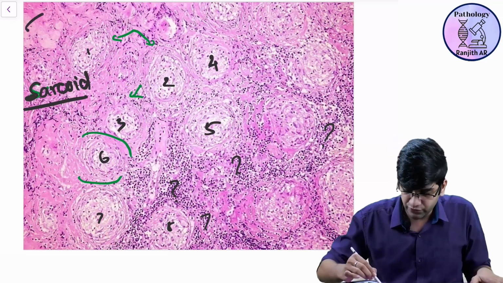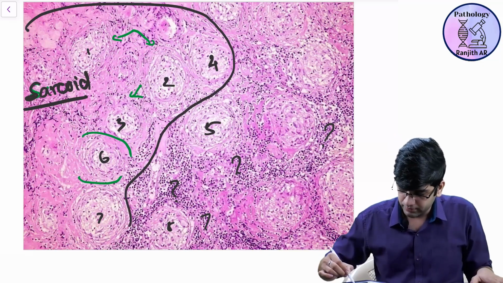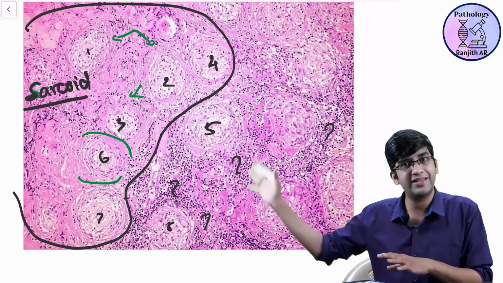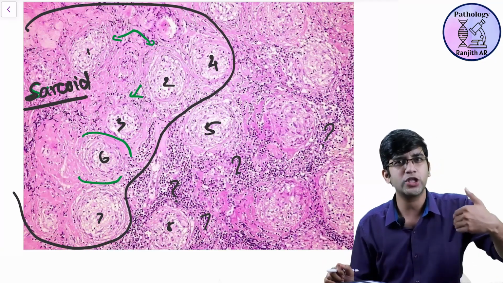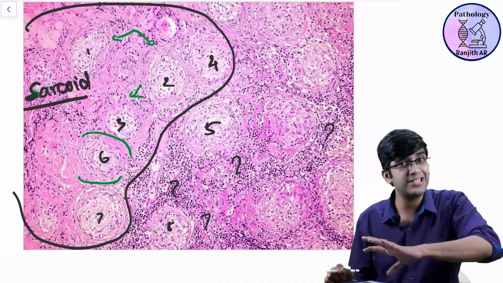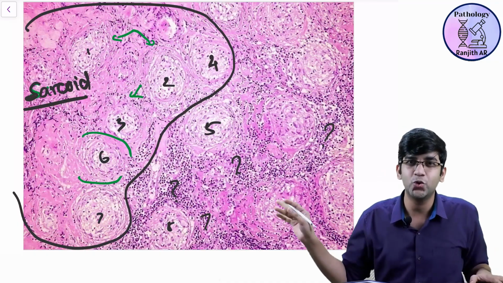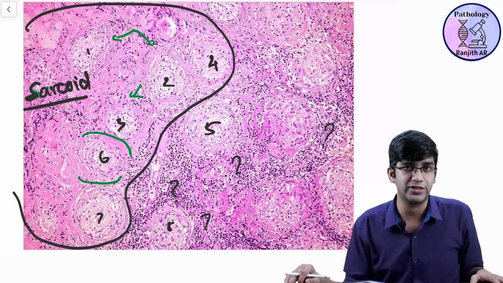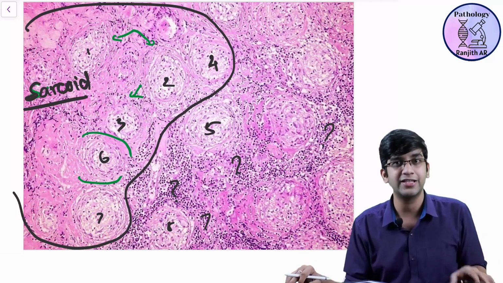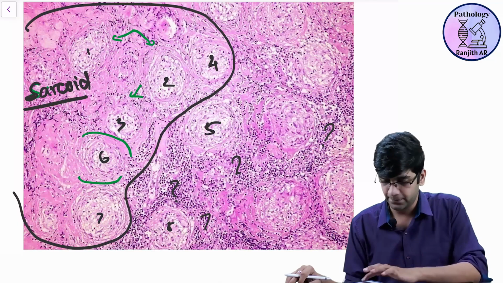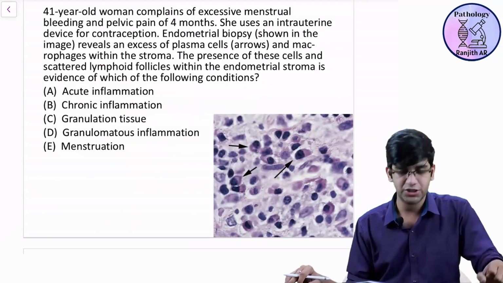But I don't see any lymphocytes here. Maybe this is close to the capsule. There's no lymphocyte in the entire half. Close to the capsule, no lymphocyte. So the disease process has no lymphocyte. Those are the normal lymph node lymphocytes. So don't get confused with that, right? This is how sarcoid granuloma looks. Fine? Okay, just one more question.